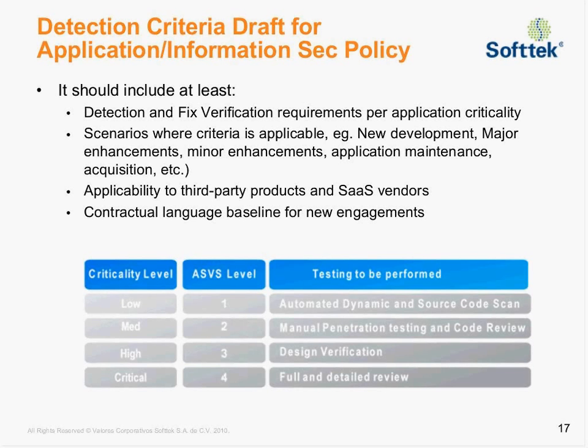It's very simple to see and very simple to apply. And you should include in your detection policy not only this, but also other important things like the detection and verification requirements, and the scenarios where the criteria is applicable,